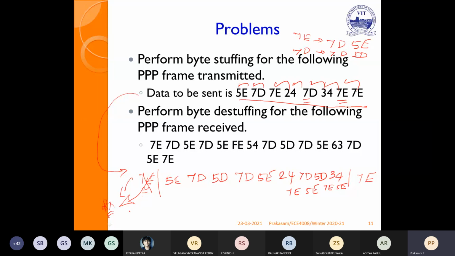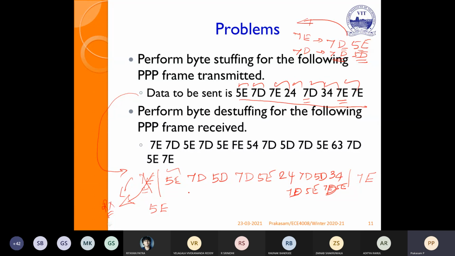Next I am receiving 5E. Next, if I receive 7D, I have to check the next byte, whether it is 5D or 5E, in the inverse process.